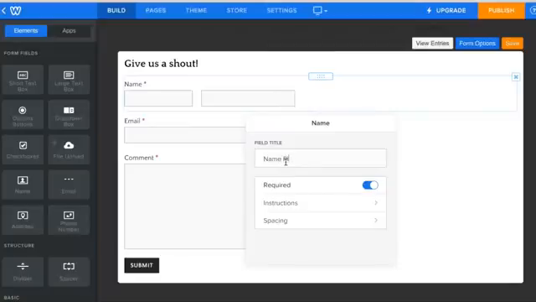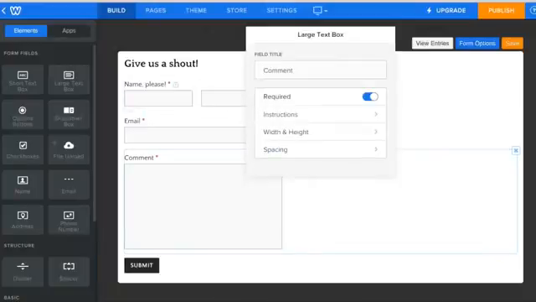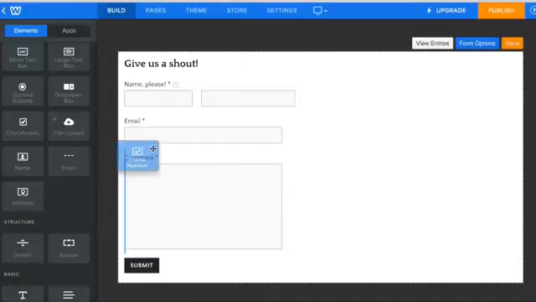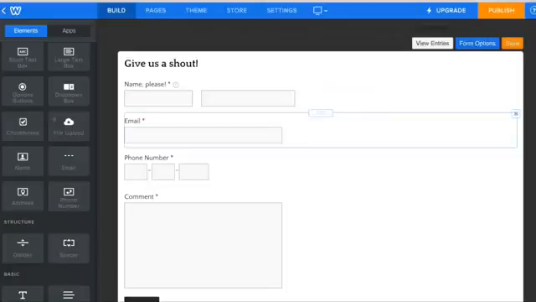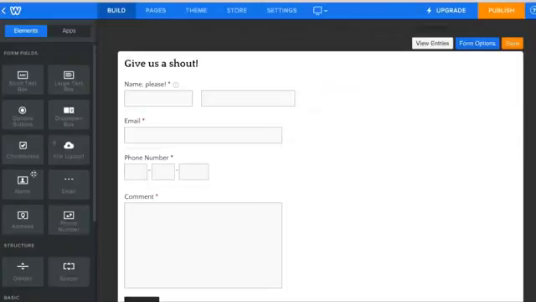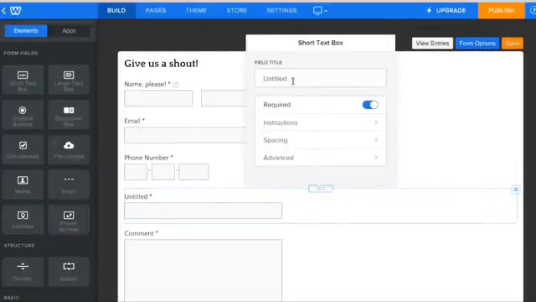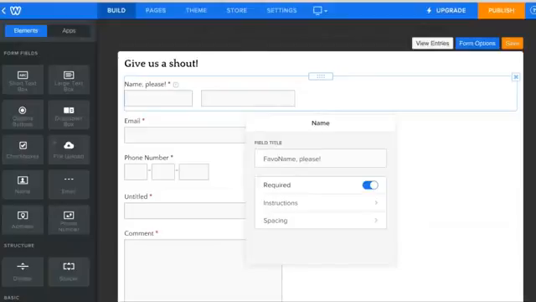And you can edit all of these. So maybe instead of name, we want to say name, please. You can even make this required or not required. You could give people instructions. You could change the spacing. But you can also add different boxes here. So maybe I want people's phone number. Maybe I want a short text response. In addition to comments, maybe I would say,